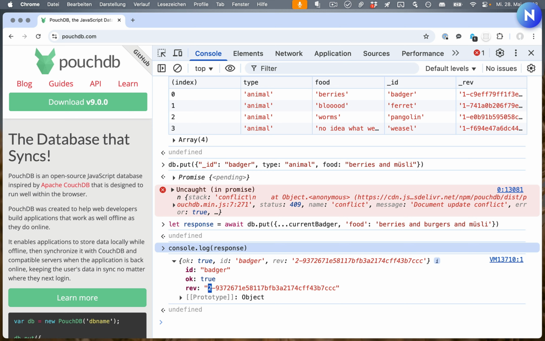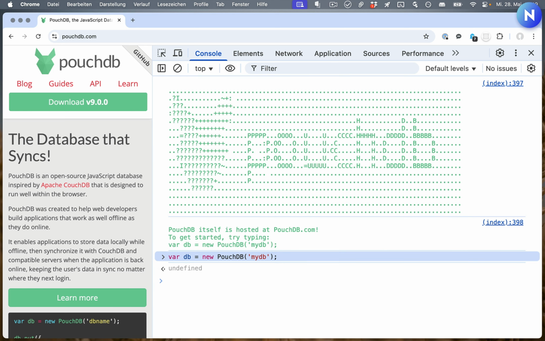So in terms of the CAP theorem, Couch and Pouch are AP databases. They're available and partition-tolerant, but not always consistent. And we'll see what that means in practice in a moment. For now, let's set up a replication between this client, PouchDB, and a CouchDB. We're going to do the replication now, and the replication invocation is a bit longer, but we're going to go through it step by step.